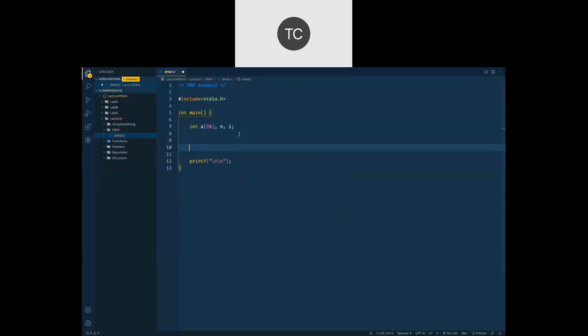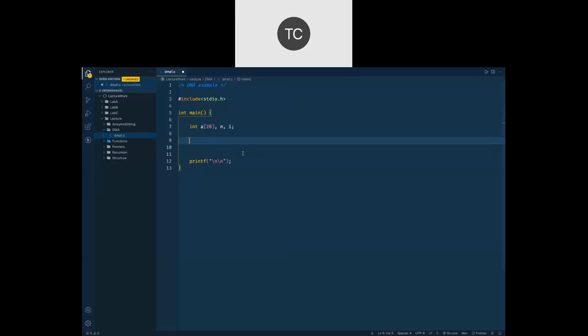So we have declared a few variables: i to control a loop, n to ask the user to give the numbers, and those numbers we are going to store inside this array. So A of 20. Now I'm not sure how many numbers the user will have, so at present I declare my array of size 20.